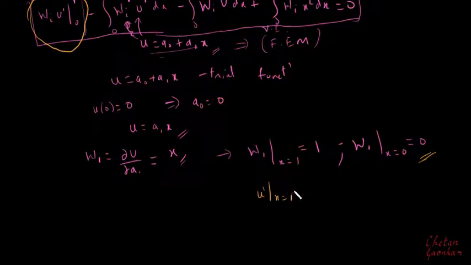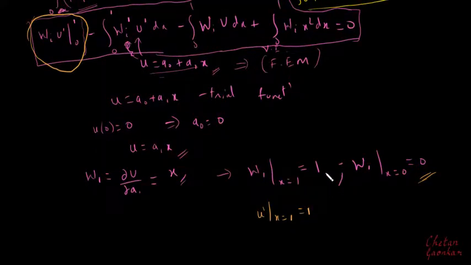u dash at x equal to 1 is 1. So these are all the boundary terms which we have. And then if I substitute this in this equation, I can get it as w1 u dash at x equal to 1 minus w1 u dash at x equal to 0, after simplifying this